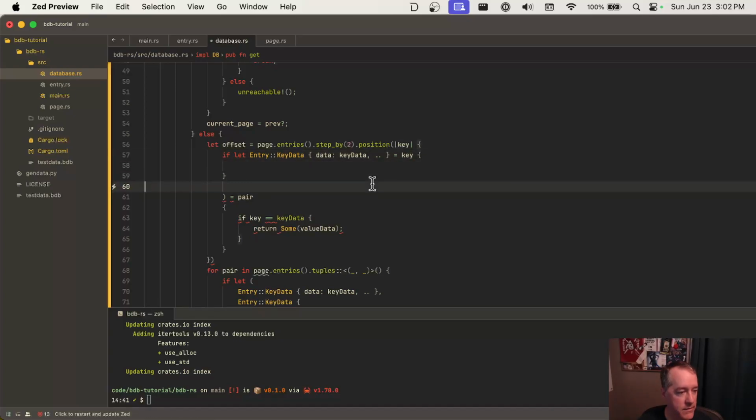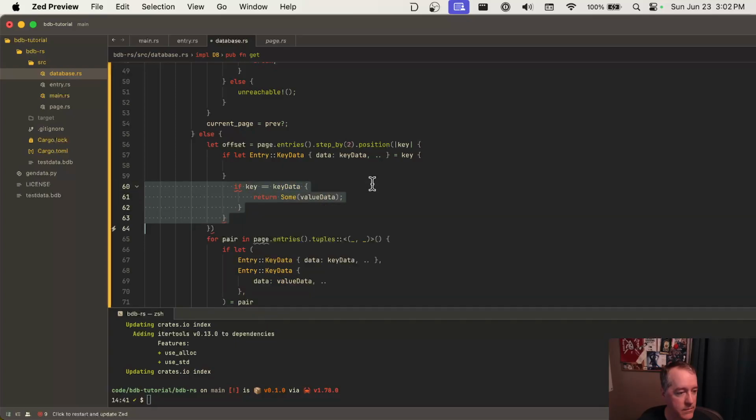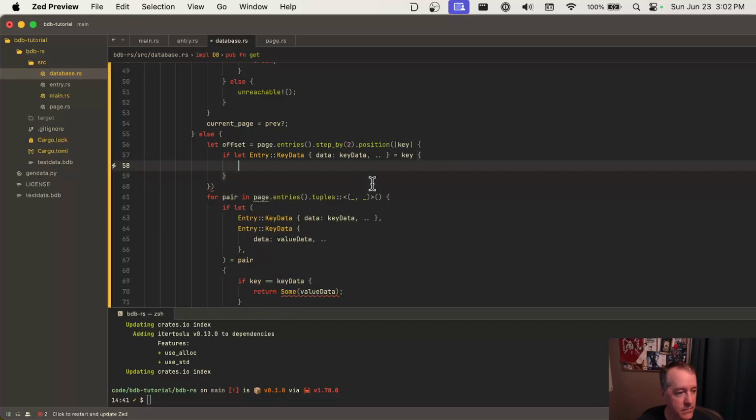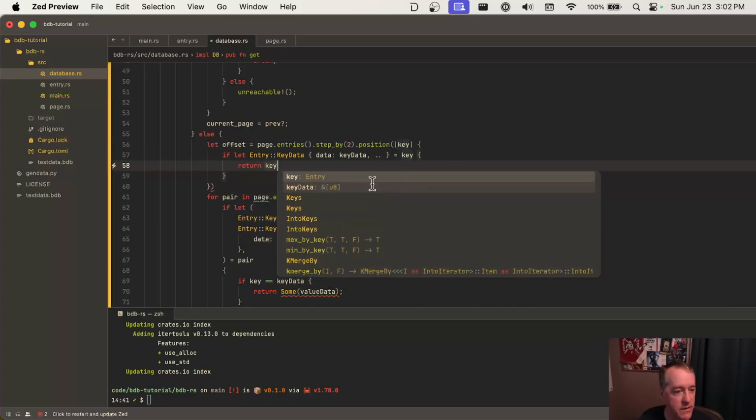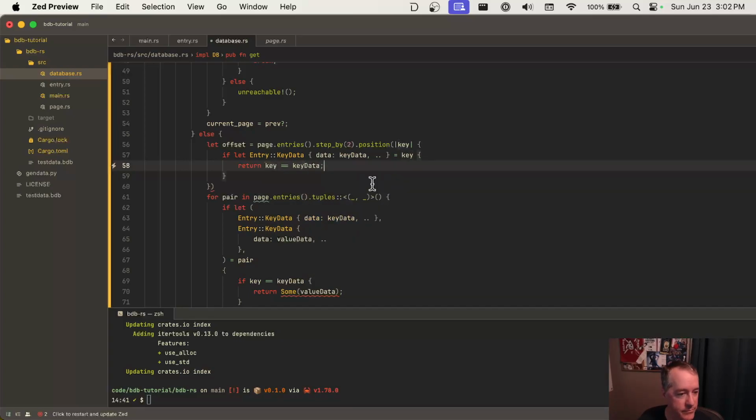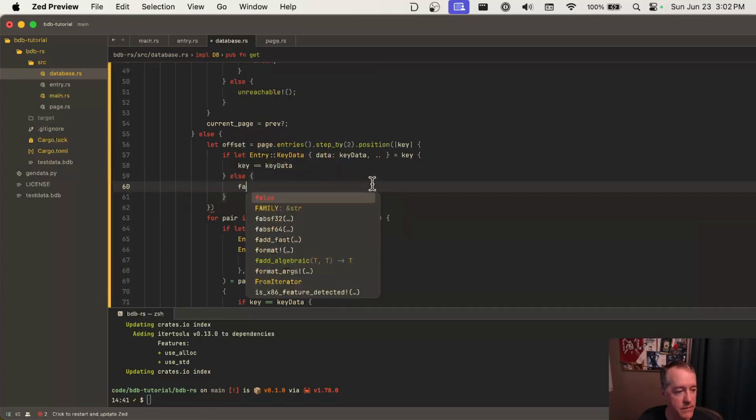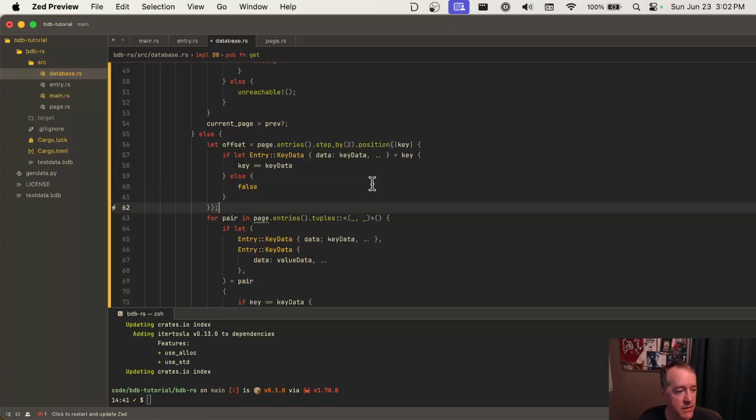Okay, we can do return key equals key data. I'll just say key equals key data, else false. Right, so this is a predicate. So offset,